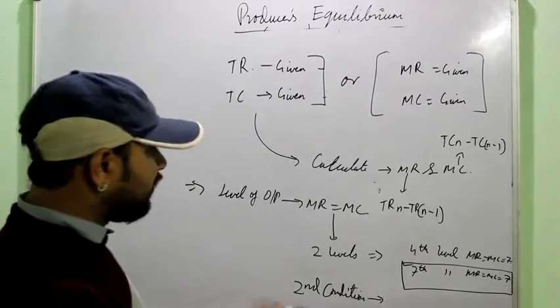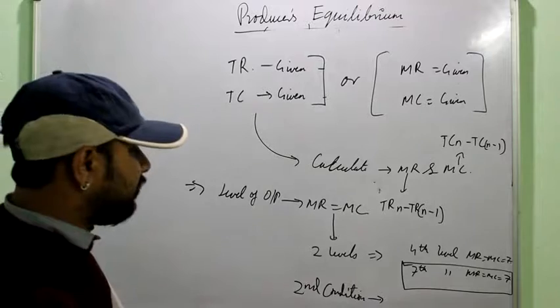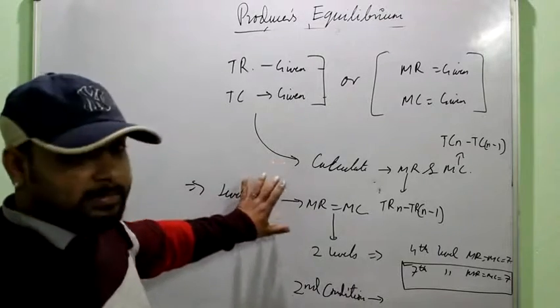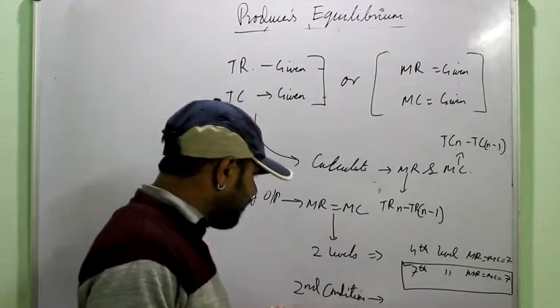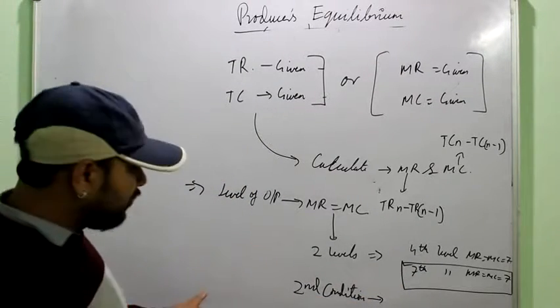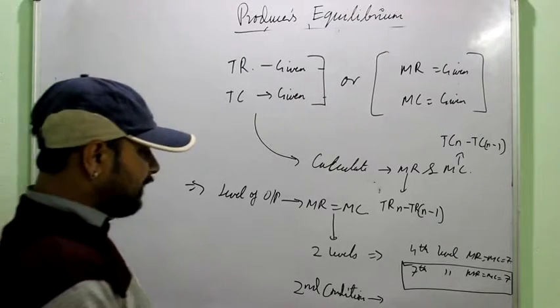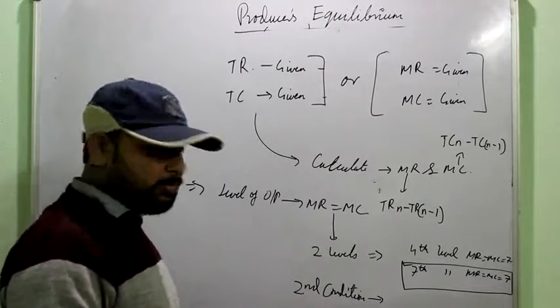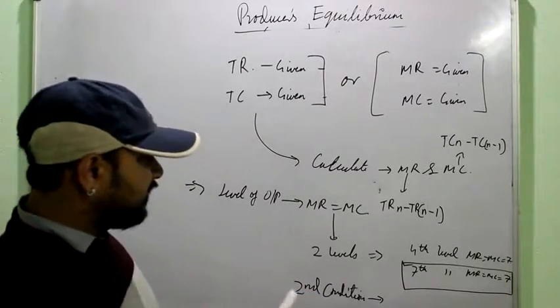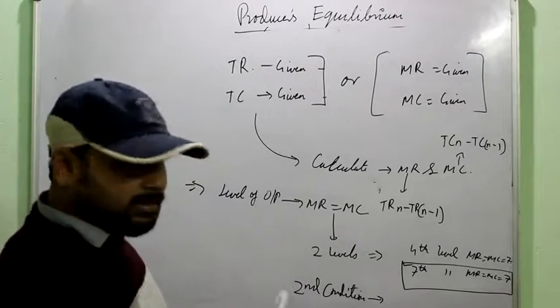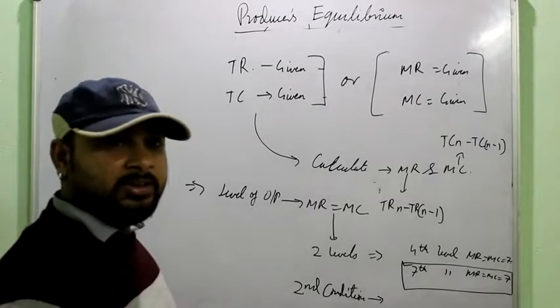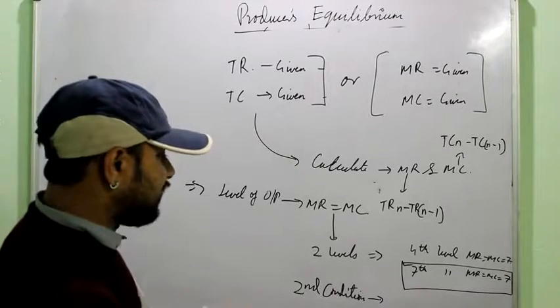So if you are asked this particular question in numerical form, and you have calculated through the MR-MC approach and you get the output level as the 7th level, then after doing it, you will also mention that the producer will be at equilibrium when he produces 7 units of output, because at this output level MR is equal to MC is equal to 7, and after this MC is rising. Then only you can get the full marks in the question. This has to be mentioned.